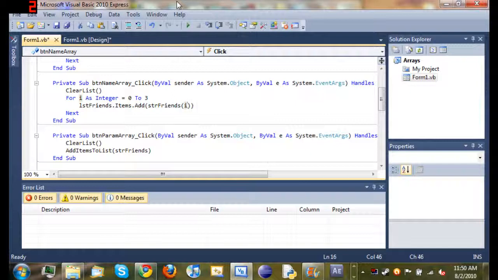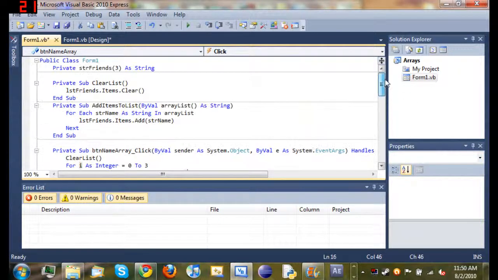You can do it that way, but you cannot do it the way that we're going to be using it up here in our function, because we want to be able to use any type. We want to use any array that we want for this. This is just, it's like an array independent function. You can use string friends, or you can create another array somewhere else and use it in this. It's just real generic, and you can put any array you want into it, and you don't have to change